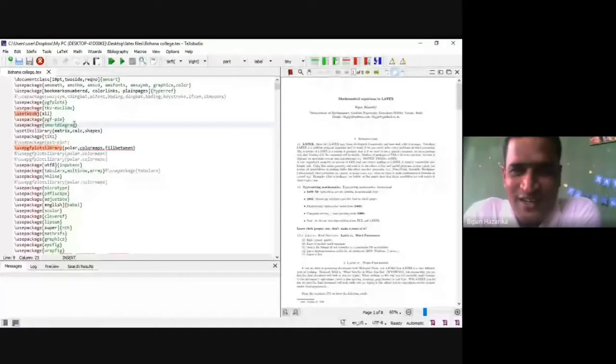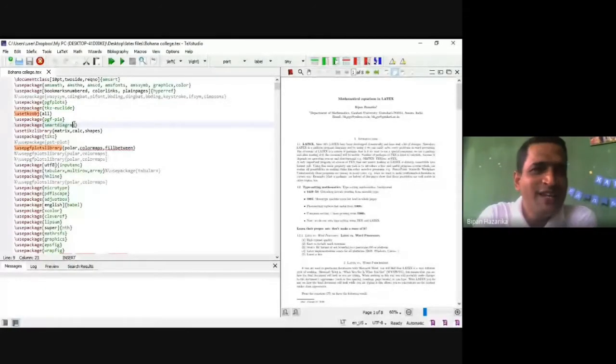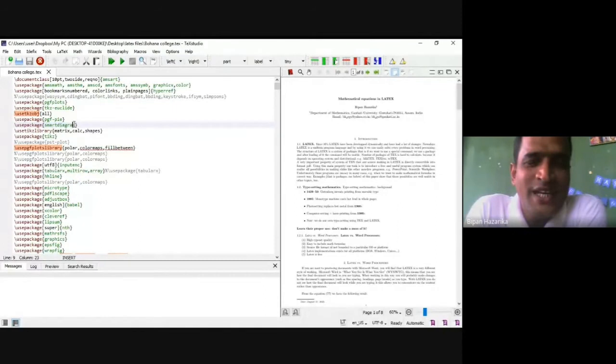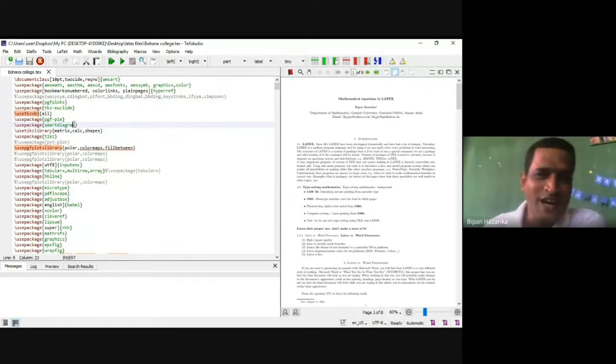Okay, now we'll enter the text file. So this is the text file. I will write all the symbols, then mathematical expressions, and within that text file we also draw graphs, without going outside of this file. Within the text file we can draw graphs, bar diagrams, pie diagrams, and Venn diagrams. So different types of functions we can draw within this file.